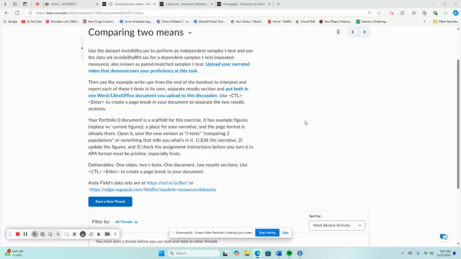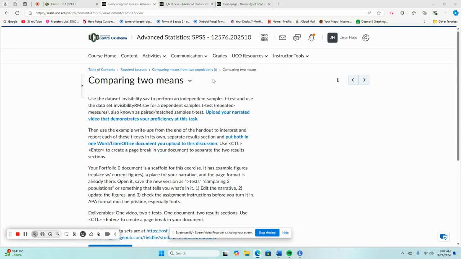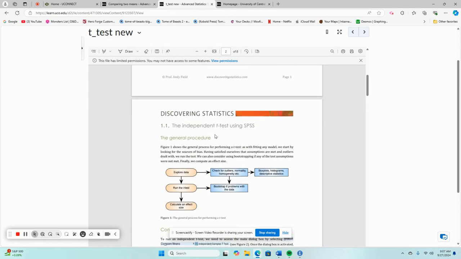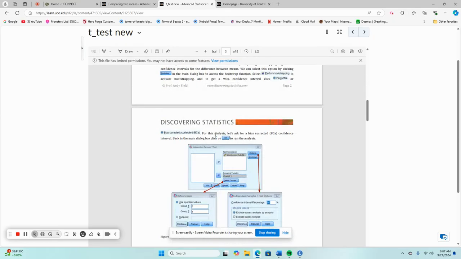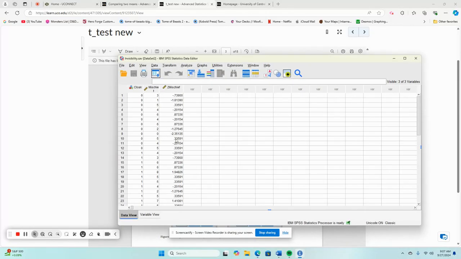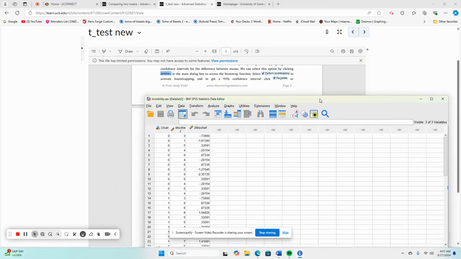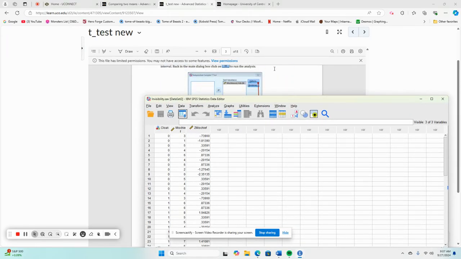So, for the comparing two means assignment, you do need to pull up the new t-test document with all the instructions to do everything. First things first, you're going to open up the invisibility data set. Now, I've already made these z-scores, but that's not too important right now. So you pull this up, and then just sort of